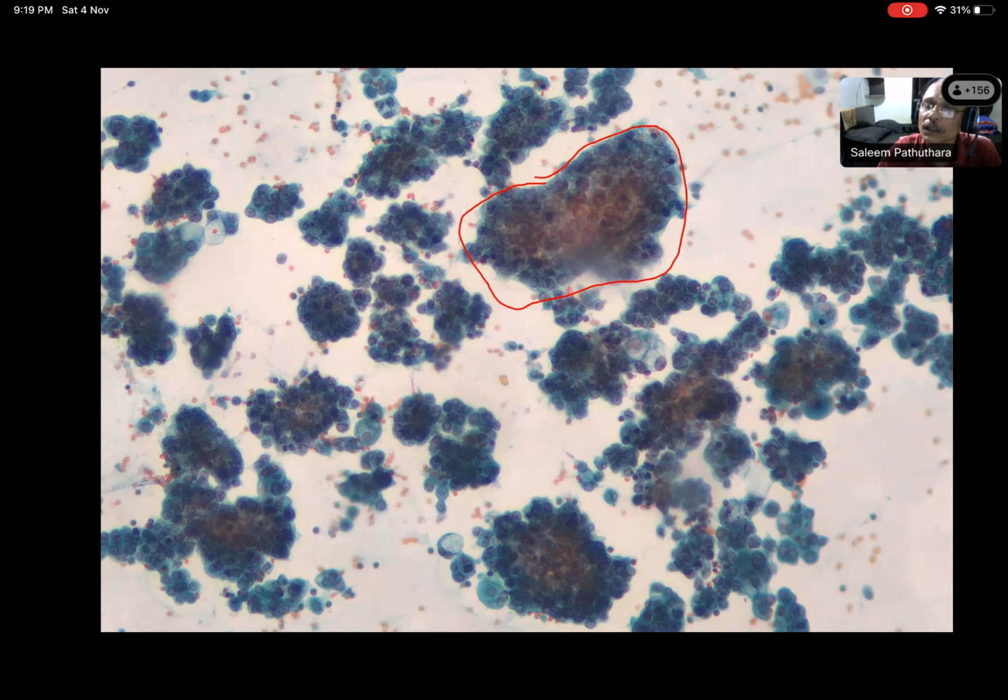What is the nuclear atypia they are showing? Sir, how can we say they are showing nuclear atypia? Because we know normal cells look like this. Now see, there is a normal cell here, right? Yes, sir. It has abundant cytoplasm and a nucleus with fine chromatin. But look here, look at the chromatin. It is hyperchromatic, with an irregular nuclear border and irregular chromatin amount and distribution also.